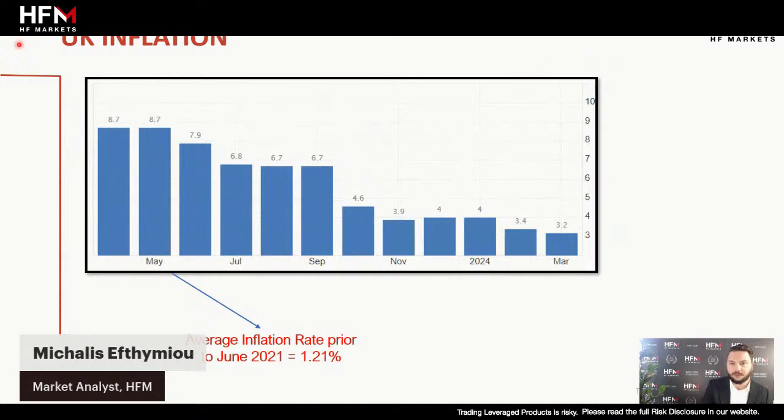What you definitely need to take into consideration is that the latest speech by a member of the committee was actually by Sir Dave Ramsden. He gave an indication that he's very soon, or is already, ready to start to vote to decrease interest rates. So he's a member that didn't previously vote for a cut, who potentially now may be voting for a cut. And we've already got Dr. Swati, who has been voting for a cut over the past two occasions. Why are they voting for a cut? Because you can see here, inflation has significantly declined.